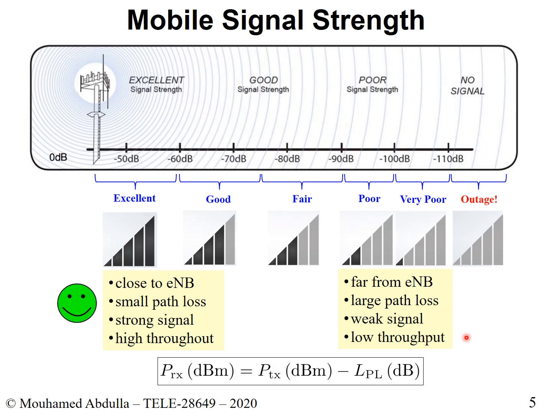So this is good. It makes you happy. You have good connectivity. This is bad. You have poor connectivity. And if you move even farther away, you'll be in total outage, right? You have no connectivity. What you're hoping for is that as you step out of the region, the coverage for this cell, there is somehow another cell nearby, and hopefully that cell will serve you, right? And that's the whole process of handoff.